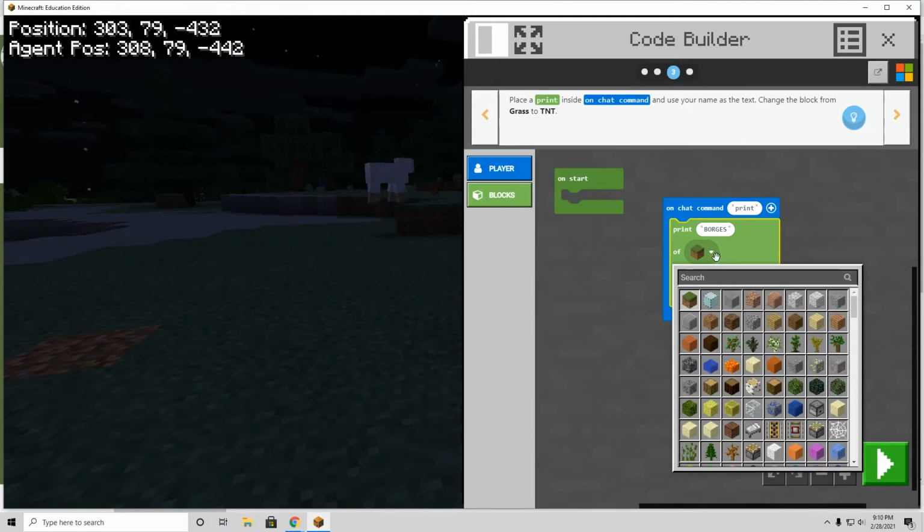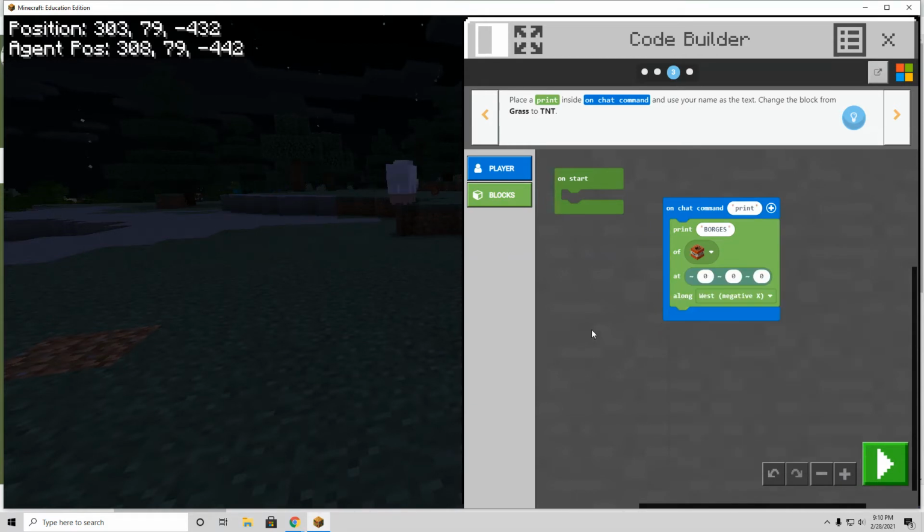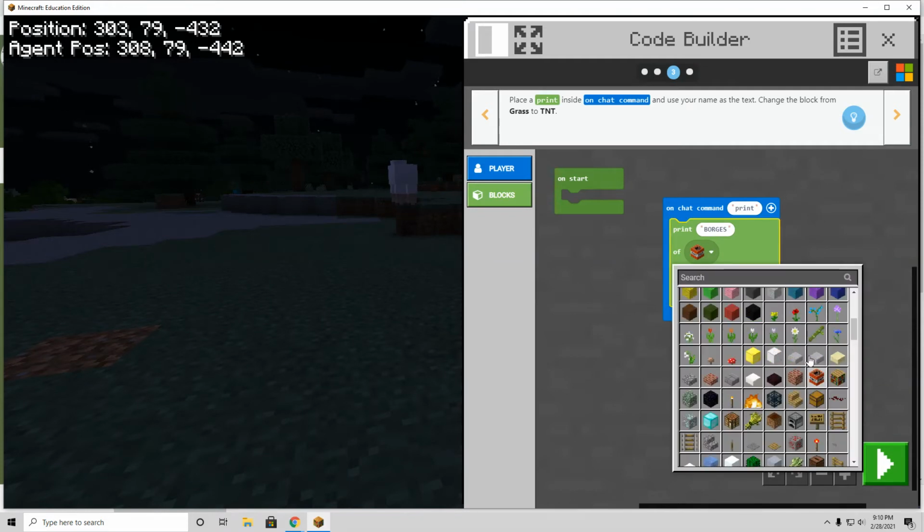You don't have to use TNT. You can just type into the search here. TNT comes up right away. If you want to use it as something else, then by all means do. Just be aware that it doesn't work that well for some blocks. Gravel is just going to fall if you try to do it with gravel. Some of these other blocks like plants and stuff can't just exist on their own. They have to be planted in something, so that won't work. Fire is not going to work because it's another block that has to be on top